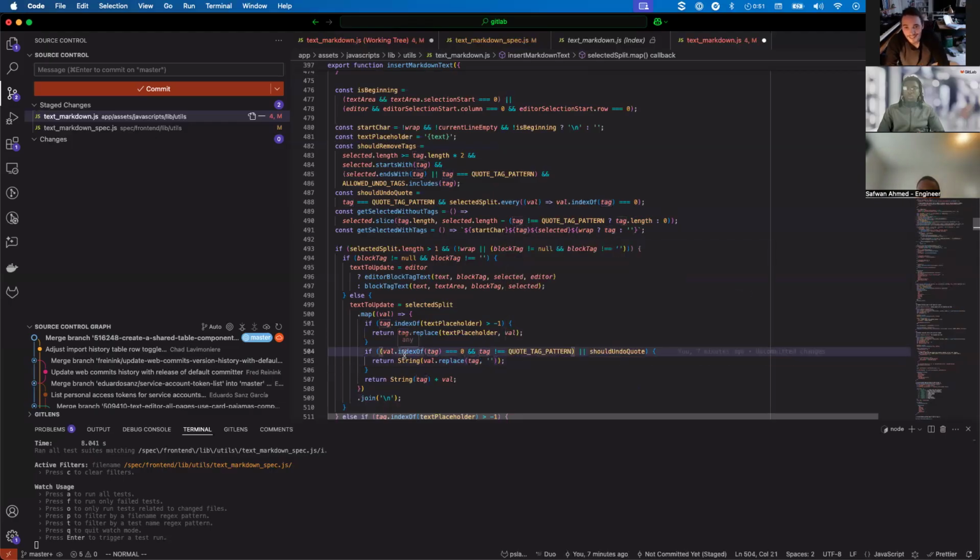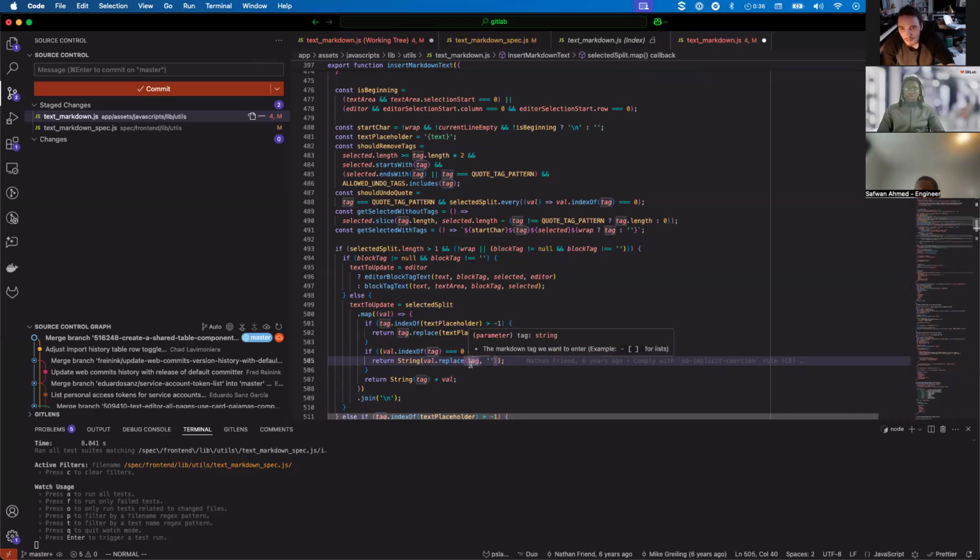This is irritating because it's going to replace even values of the tag that are used that aren't relevant to the tag itself. For instance, if the tag was that, but then I'm using it in the content of that line, it's going to replace it as well. Oh no, it's only going to replace the first one though, I guess, because it's not replacing all. So anyways, let's